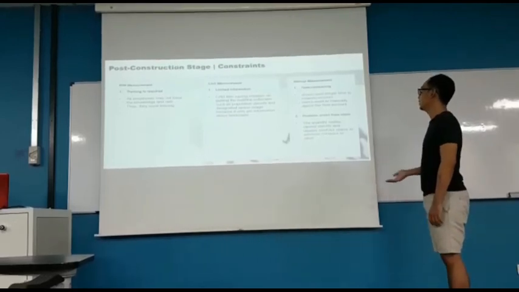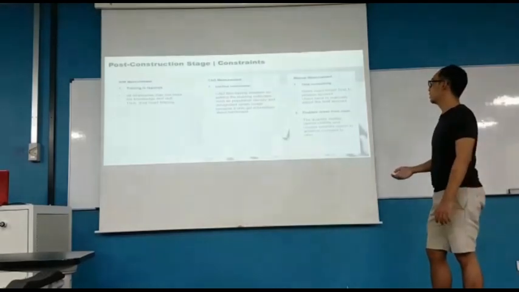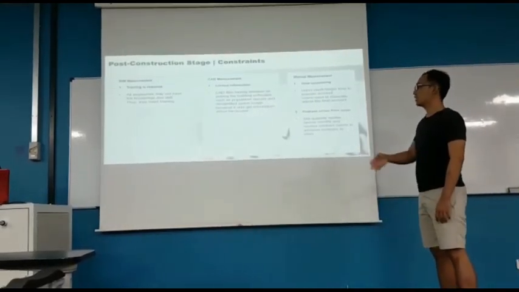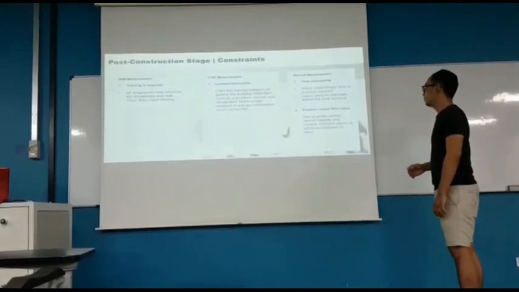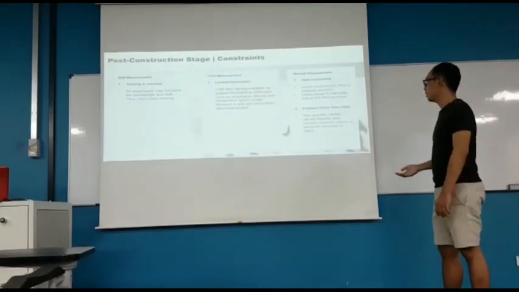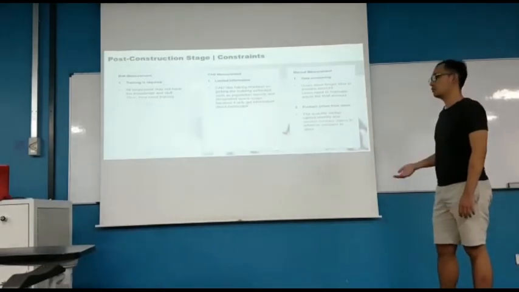For the manual measurement, it is time consuming. Users need a longer time to prepare the account. Users need to manually adjust the final account compared to the CAD measurement and BIM measurement. And the second constraint is problems arising from claims. The quantity verifier cannot identify and resolve contract claims in advance compared to the others. It's because